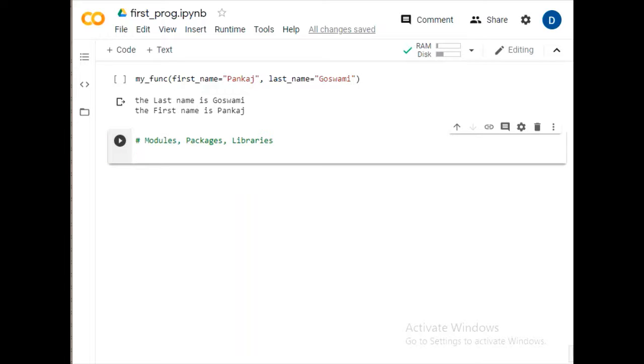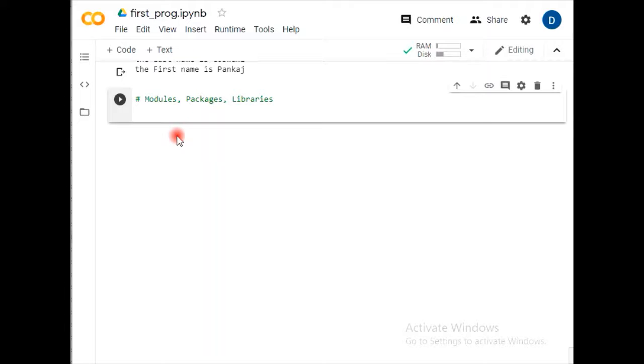So let's begin with the first, what exactly a module is. Python has a way to put code definitions in a file and use them in another script or directly in an interactive instance of the interpreter. Such a file is called a module. Definitions from a module can be imported into other modules in the program that we code. So a module is nothing but a small segment of a program that can be recalled anytime, anywhere, whenever it is required. So this is a module.